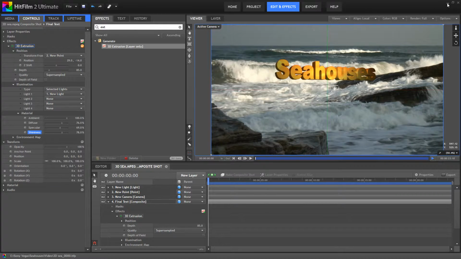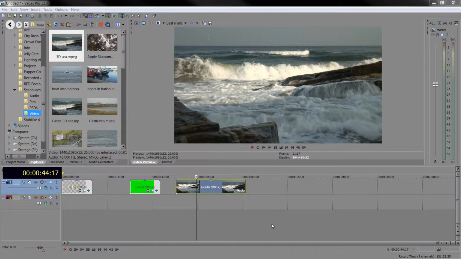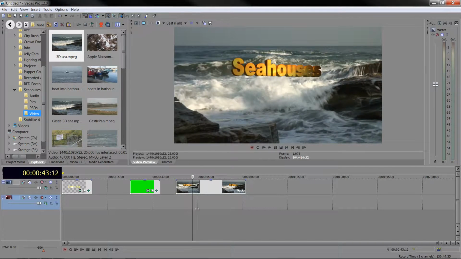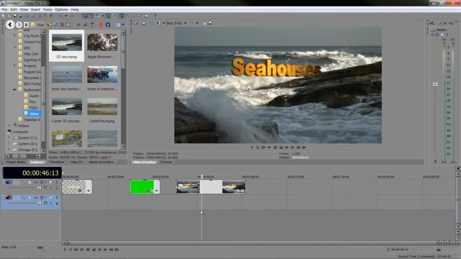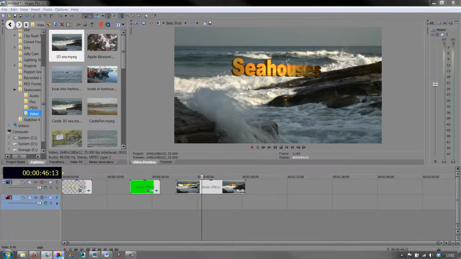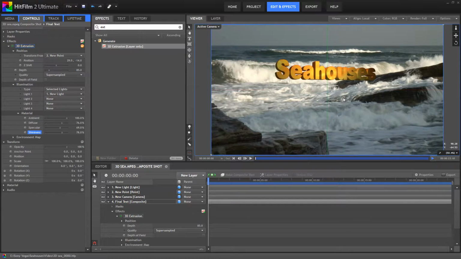Okay, once it's saved, go back to Sony Vegas. Give it a moment, and there we go. We have it inside of the asset inside of Sony Vegas. And any animation that I'd done inside of HitFilm would have been updated inside of Sony Vegas. And of course, I know the length that I have to play with the animation there. So let's just do one very quick piece of animation. I'm going to animate the Z shift of my position of my 3D extruded text. So I'm going to click this little item here,